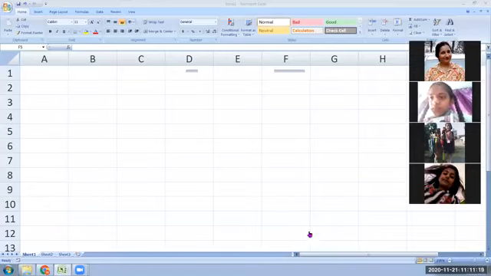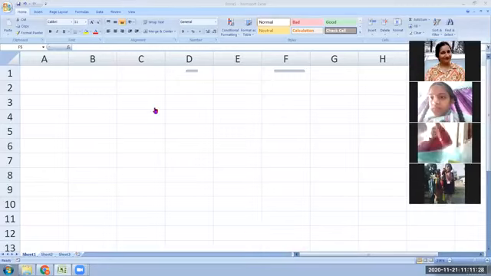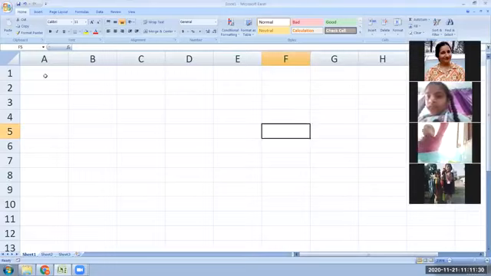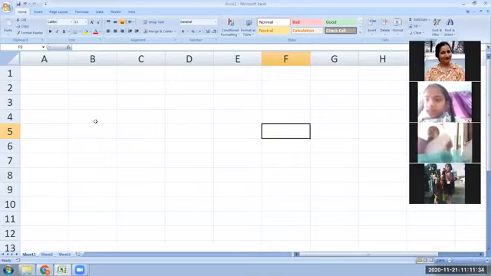I did not get any answer. Quickly. Yes, Anurit Kaur, Parinika Gupta, very good. So they are telling me that these rectangular boxes are called cells. Okay, these are called cells.